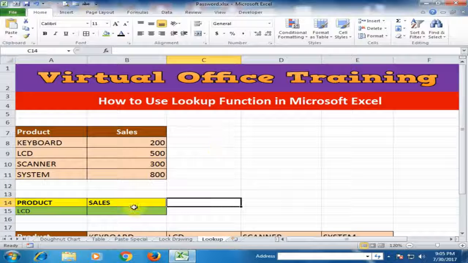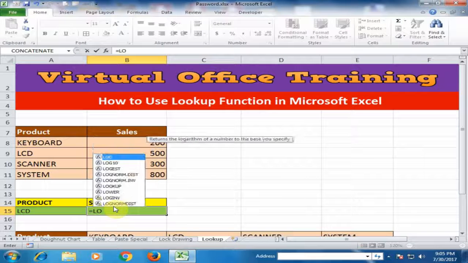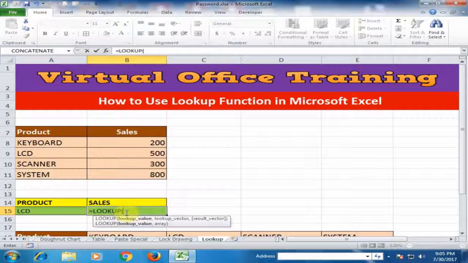Start the LOOKUP function. If I type here a product name, it will get the cells from this data. Just type equal to and type LOOKUP. LOOKUP has two syntaxes. We will use the second syntax. We have to define the lookup value and array. Lookup value is this cell, comma, and array is this data, this table,